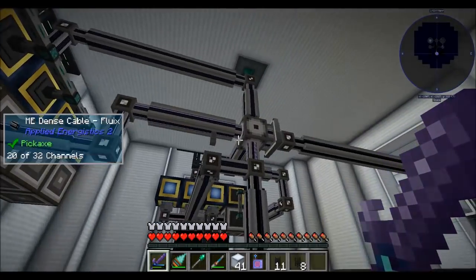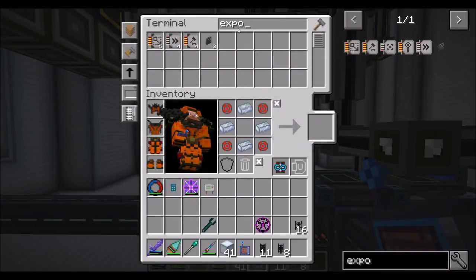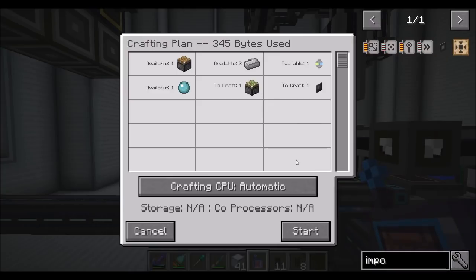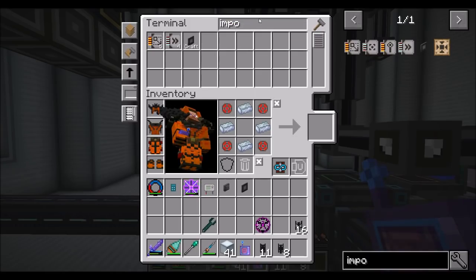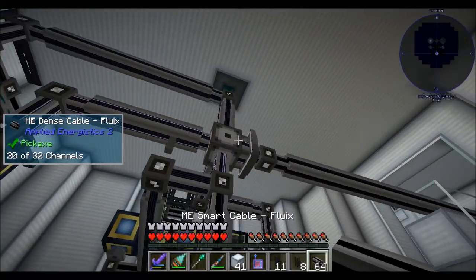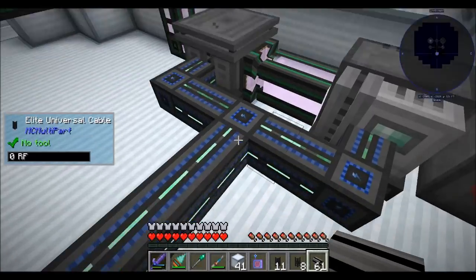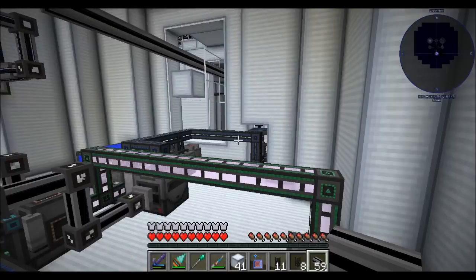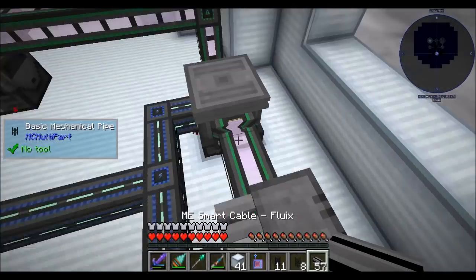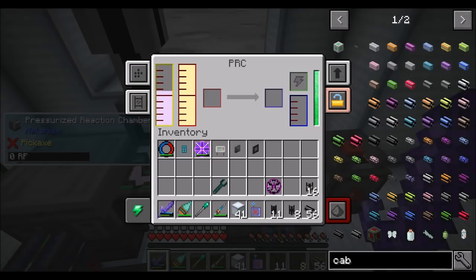Now the last bit that we need to do here, you've got some channels available. So let's get an export bus. And an import bus. And some cables. And we'll just run this line. That should be plenty. Right, because you've got 20 channels available. So we'll just run this straight down here. And we'll probably just want to do...